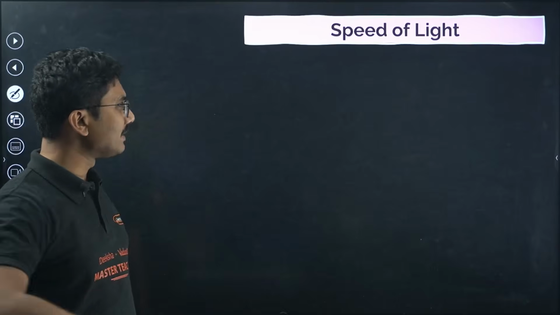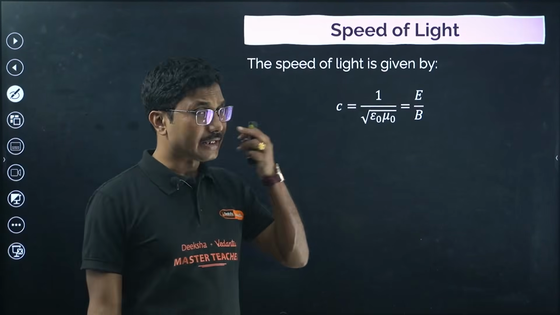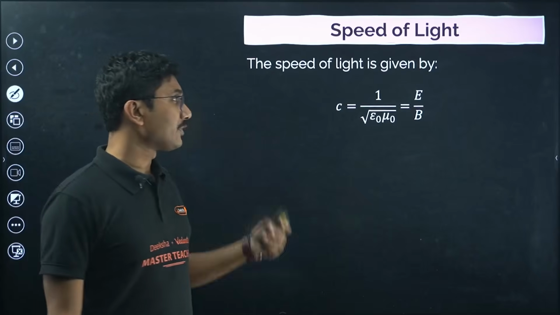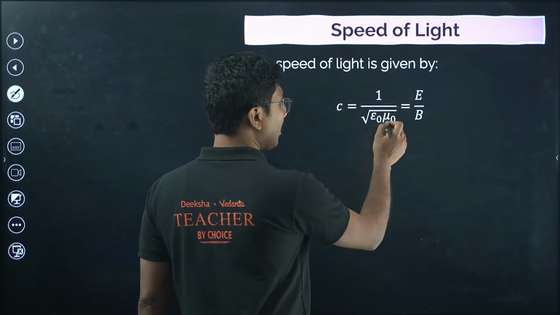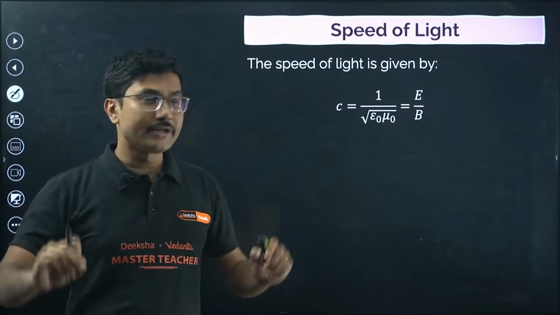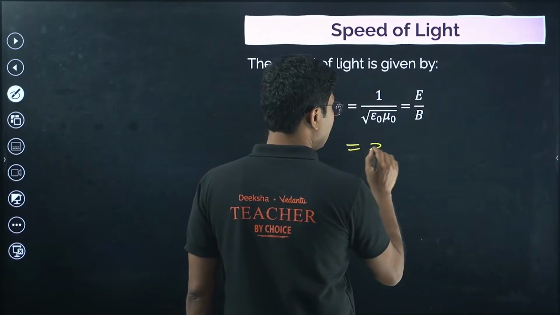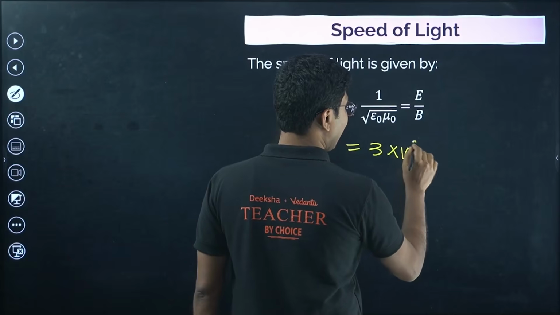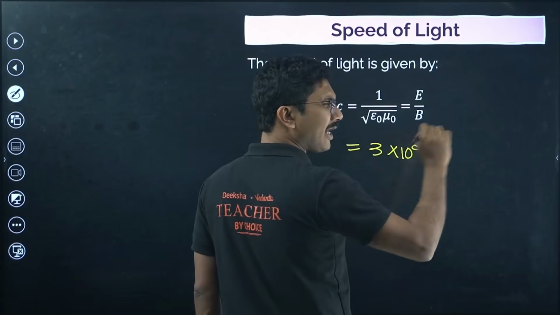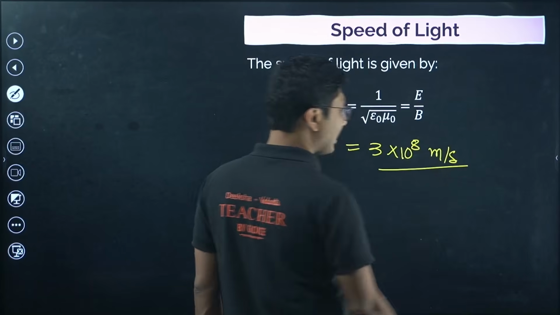Now the speed of light itself is a constant. If you try to calculate it in terms of mu naught and epsilon naught, you will get 1 by square root of epsilon naught into mu naught for free space. And for free space, if you calculate this value, you will get approximately 3 into 10 to the power of 8, very close, 2.99 something, okay, meter per second, which is exactly the same as the measured value